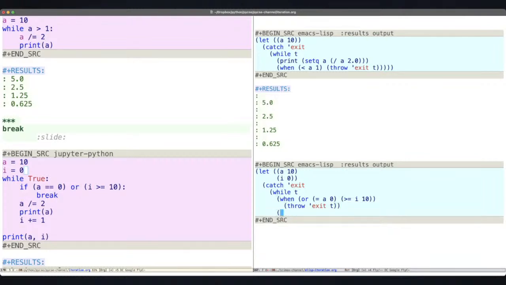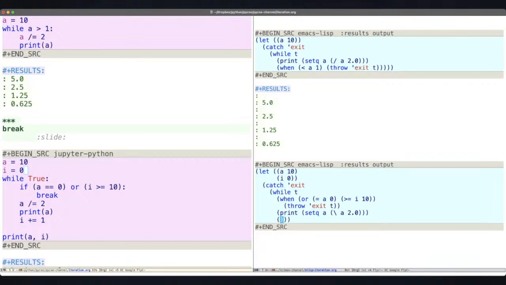All right, otherwise we're going to print set QA divided by A 2.0. And, oh, we need to increment I. All right, so we'll do this generalized incrementer and do this. And this should